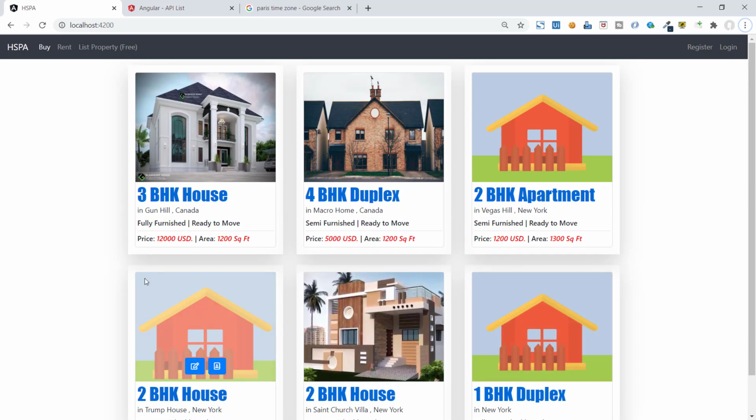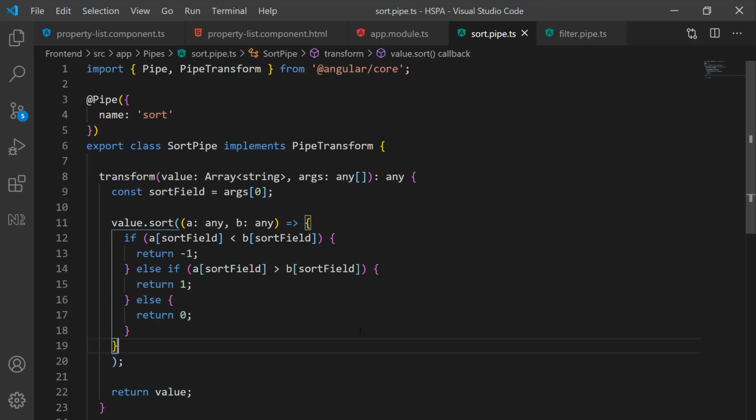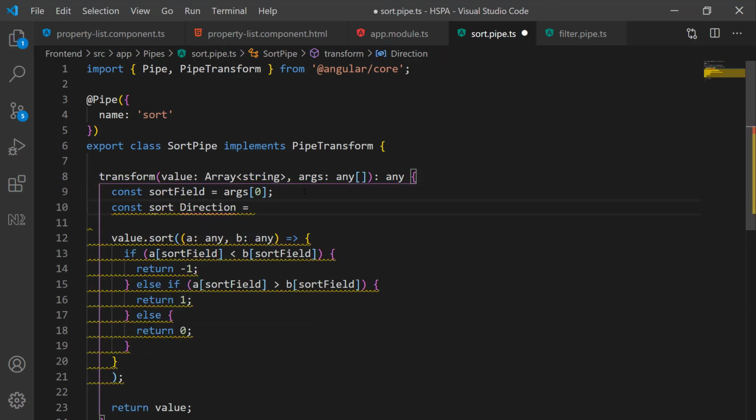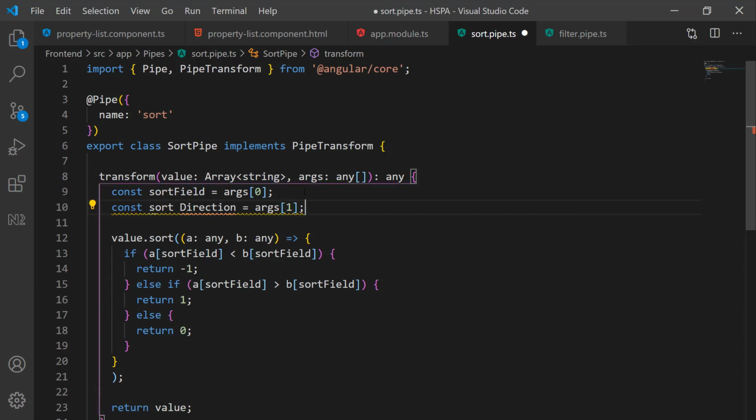Next, we want our pipe to accept one more parameter to get the sorting order. So get the second argument of this array as the sort direction. And as you know, by default this logic is sorting our list in ascending order, and we just need to reverse this logic to get our list sorted in descending order.